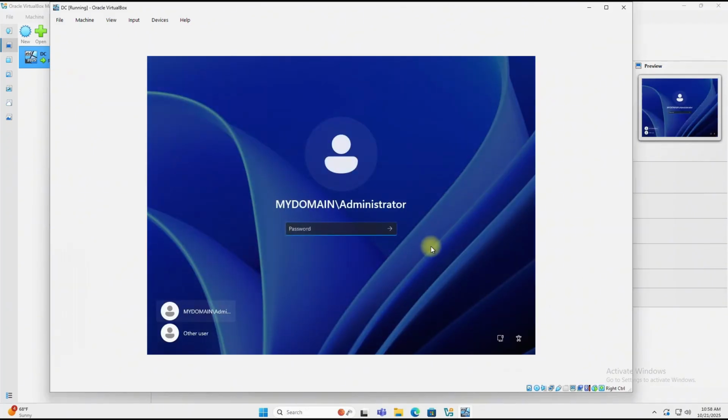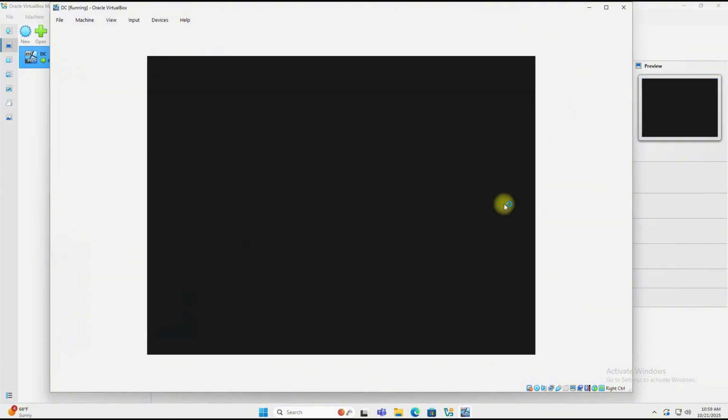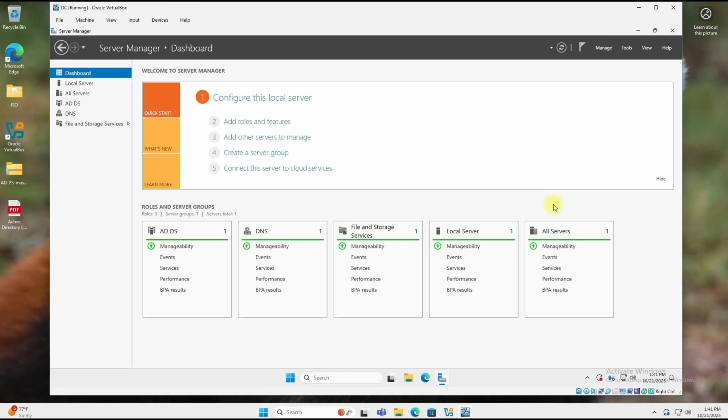Now when we come to our login page, we can see our domain name, which is my domain, and that we're logging into the default administrator account. Let's go ahead and sign in. Now that we're logged back in, let's go ahead and create our own domain admin account instead of using that